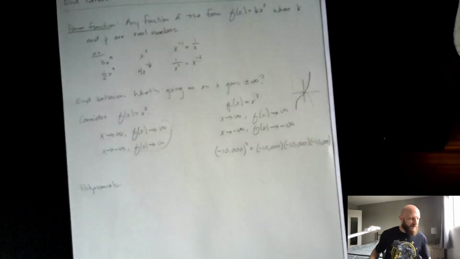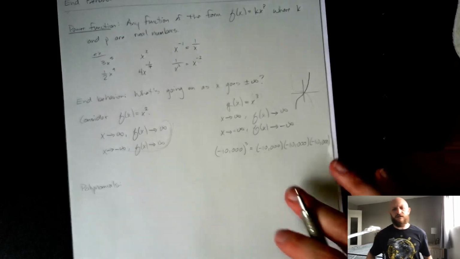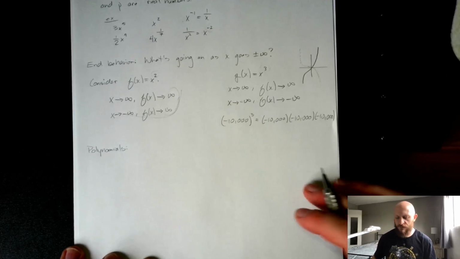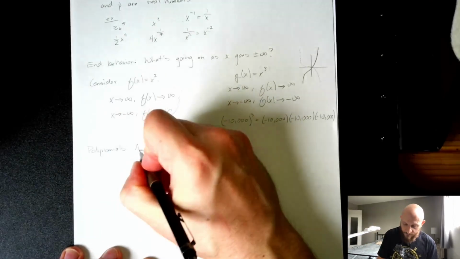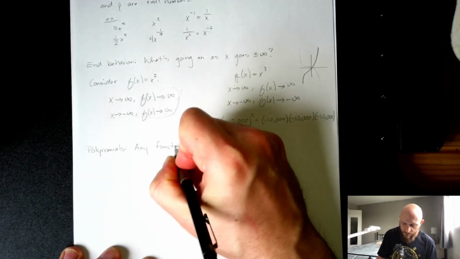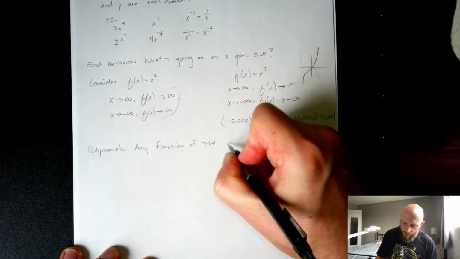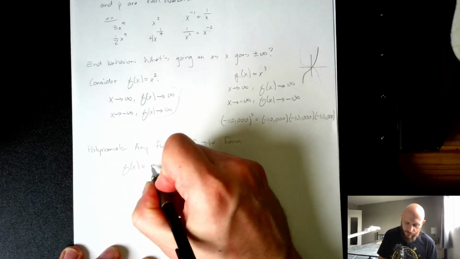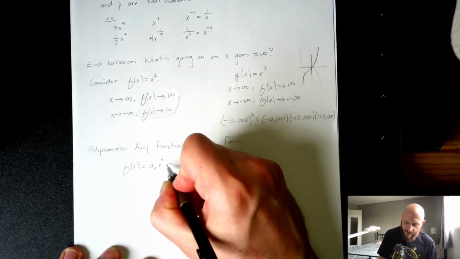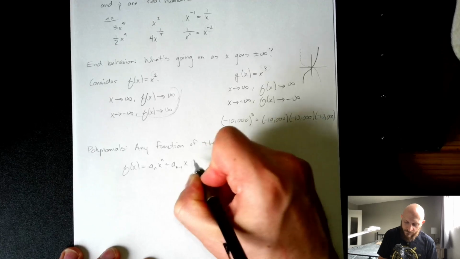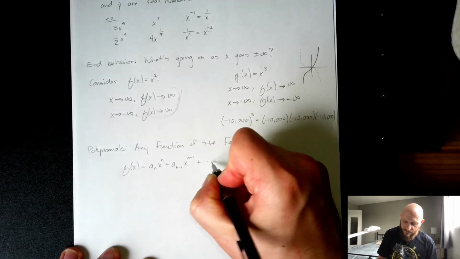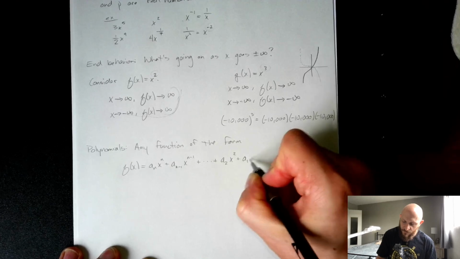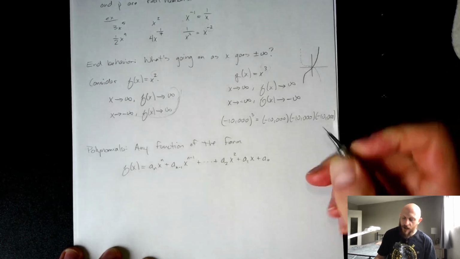So let me give the definition of a polynomial. And the definition is a little bit cumbersome, but then when we look at some examples, it becomes really easy to understand. So a polynomial is any function of the form f of x equals a sub n x to the n plus a sub n minus 1 times x to the n minus 1 plus dot dot dot plus a sub 2 x squared plus a sub 1 x plus a naught, where